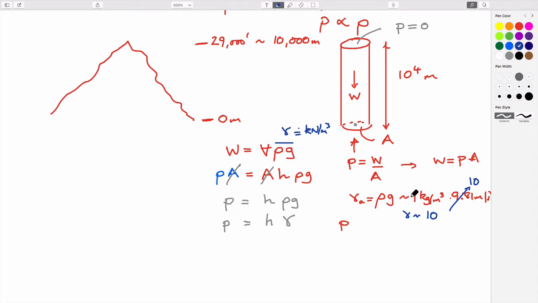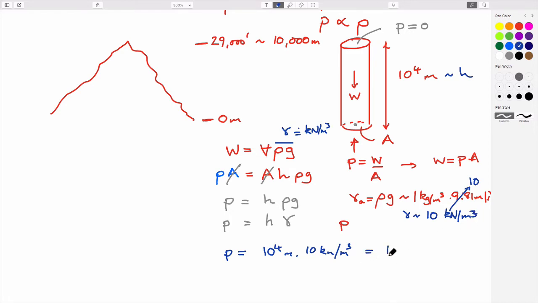Oh, sorry. No. Okay, I was thinking it's water. This is 10 to the 3. So this is 10 kilonewtons per meter, uppercase N. So the unit weight of air is 9.8 kilonewtons per meter. So if we want to calculate what the height is, this height is about 10 to the 4 meters. So the pressure would be equal to 10 to the 4 meters multiplied by 10 kilonewtons per meter cubed. I said squared, but it's cubed,